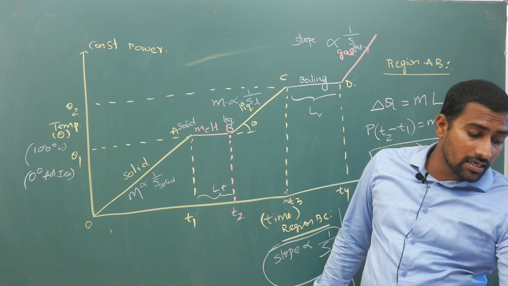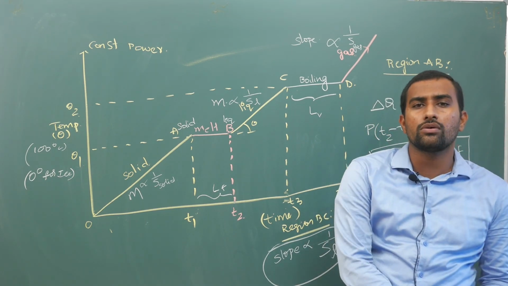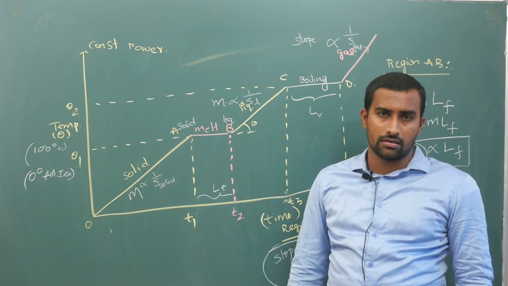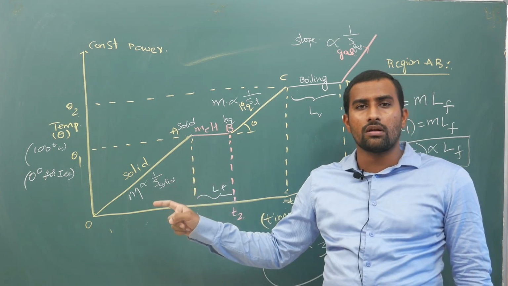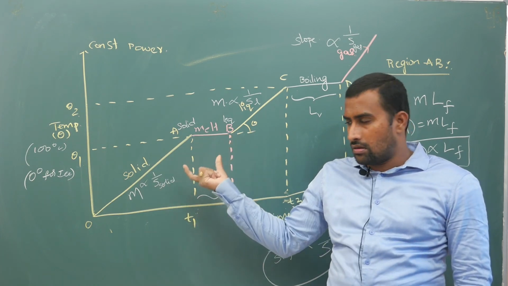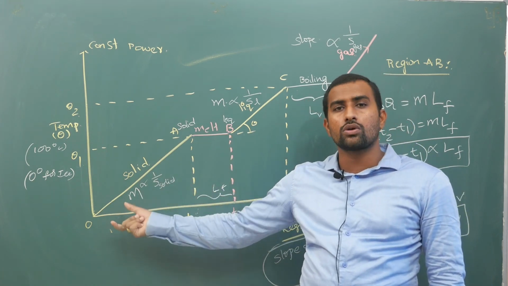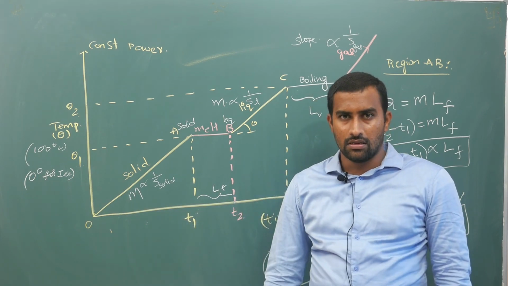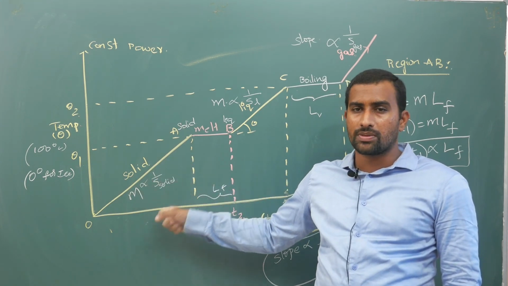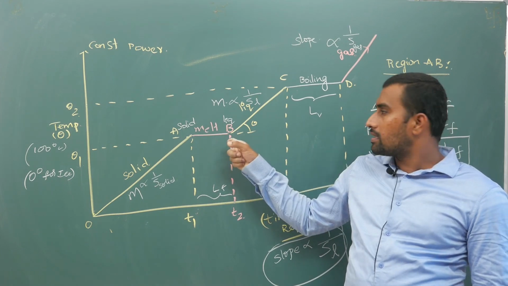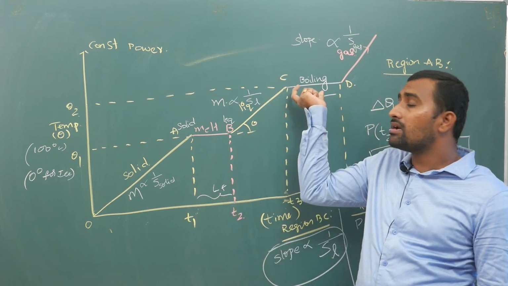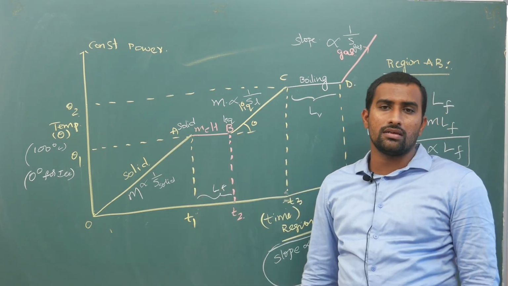Once again I repeat, in heating curves you don't need to worry, just look at the coordinates. If coordinates are not known, angles will be given. If coordinates are given, for slope your formula is y2 minus y1 by x2 minus x1. If coordinates are not given and angles are given, slope m is tan theta, where theta is the angle with the x axis. That's all. For the straight line part, your slope is inversely proportional to specific heat capacity. For the horizontal part, your time gap is directly proportional to latent heat of fusion and vaporization. Use these ideas to solve the questions.